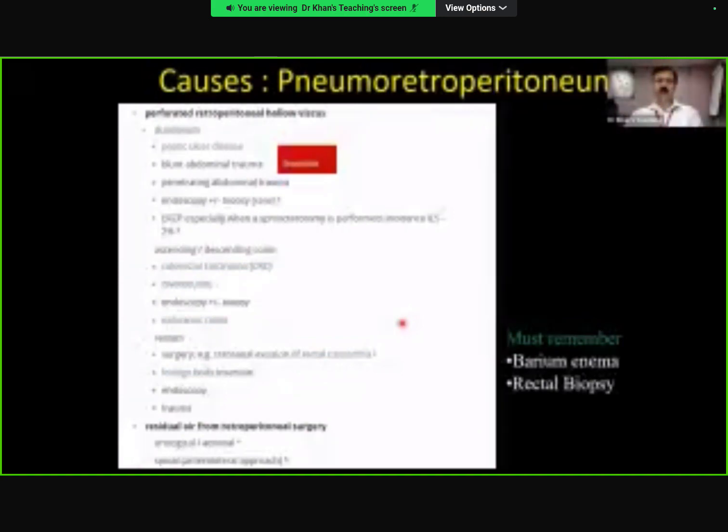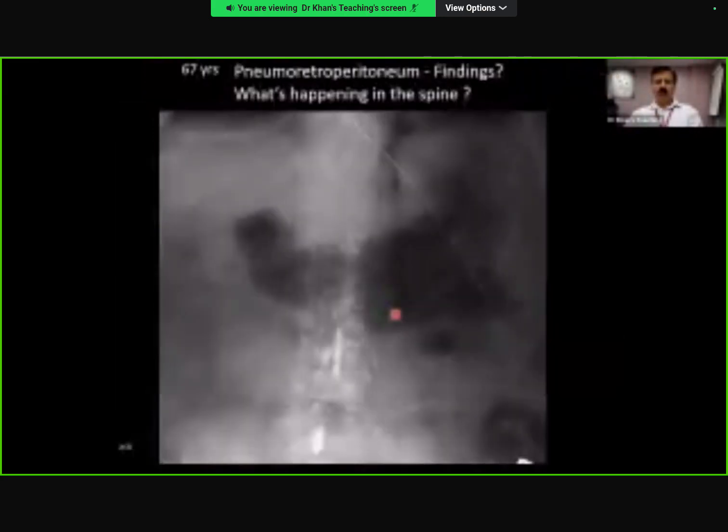So causes of pneumoretroperitoneum, you can also add it. I think this is from Radiopedia, if I'm not wrong. Now, another point, there are two specific questions I want to ask. This is a case of, again,